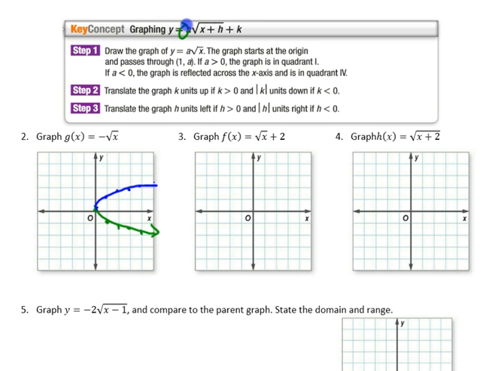Right, our parent function kind of looked like this, and so it just got reflected. Okay. So here, normally I would start at 0, 0, but now we're going to take it and move it up 2, because I've changed my y-intercept, right? So that's going to go up a little bit, but then it's going to be the same,